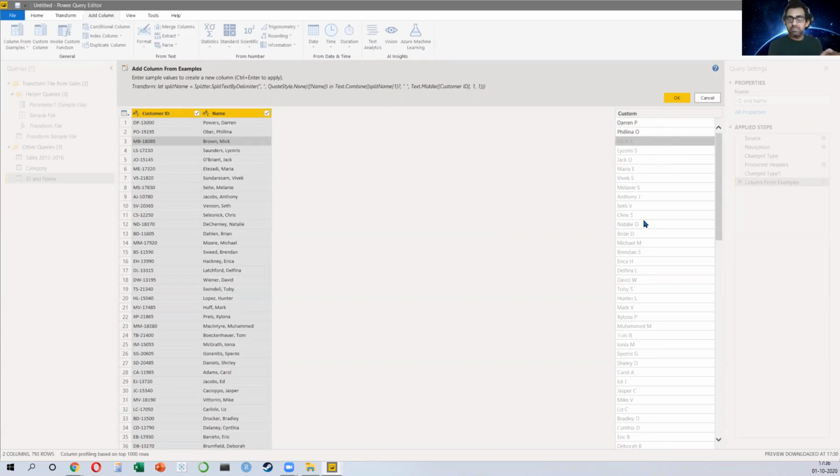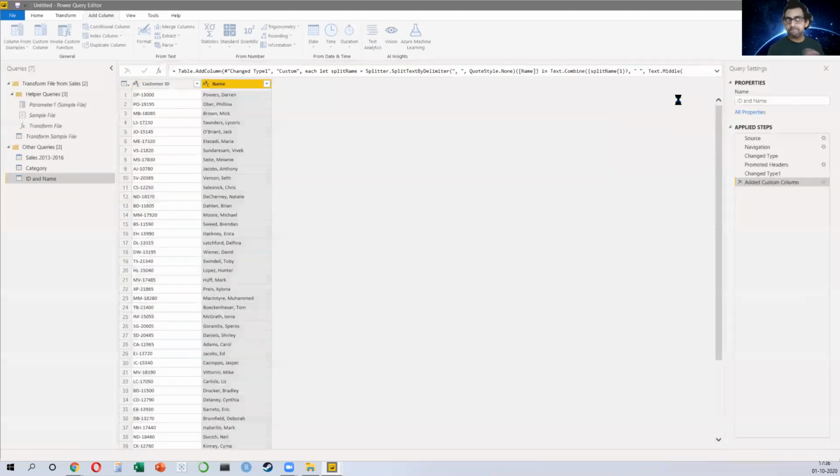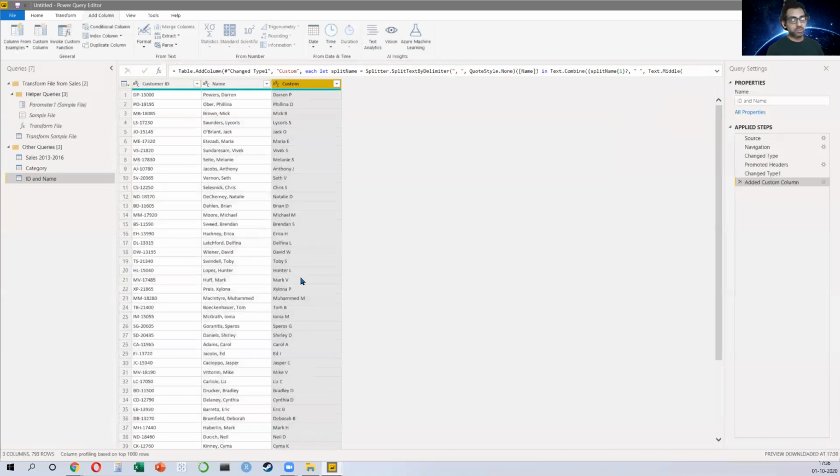This is a problem that the system has never seen earlier. And because my problem was very complicated, I had to change the position of first name and last name. Then I had to remove the comma and the space. Then I had to remove all the letters and only keep the initial of the surname. It was quite a difficult problem, right? Even on Excel, it would have been quite difficult. It would have taken you effort to do it. Did you see how I managed to train the system? And when I press OK, how beautiful is that? Watch this. You will get the result that you wanted, right?